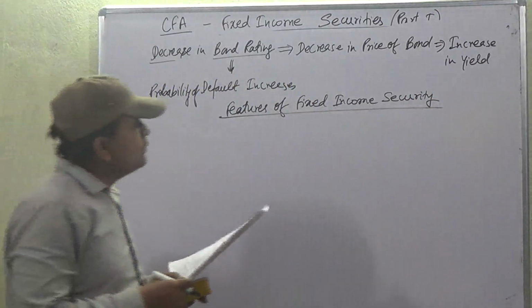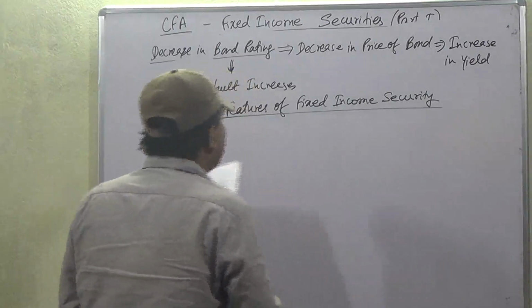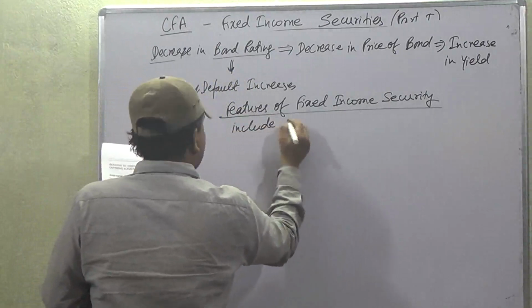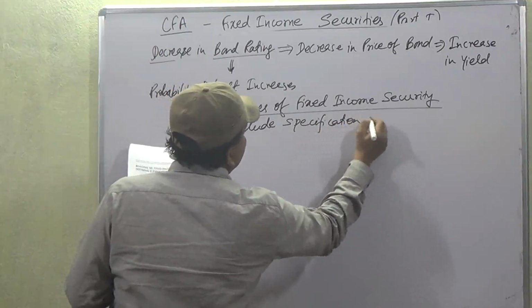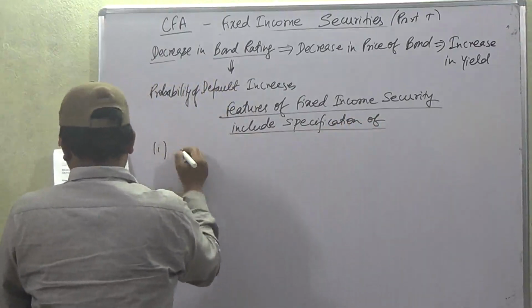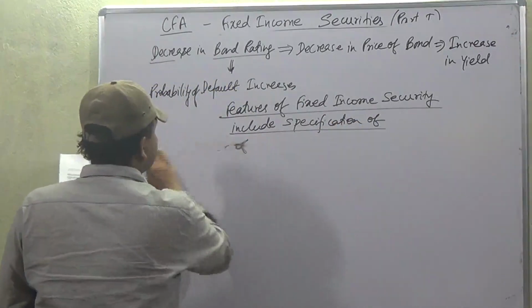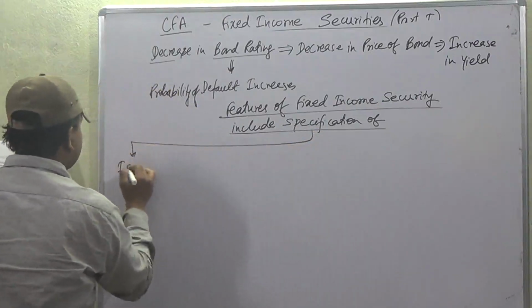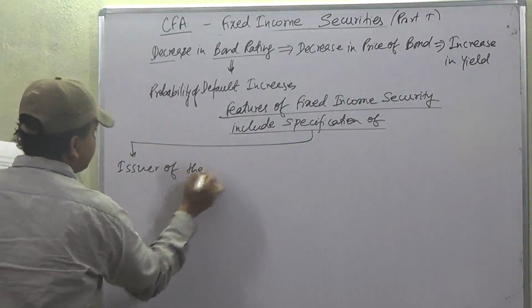Features of fixed income security include some kind of specification, like the issuer of the bond, who is going to issue the bond,